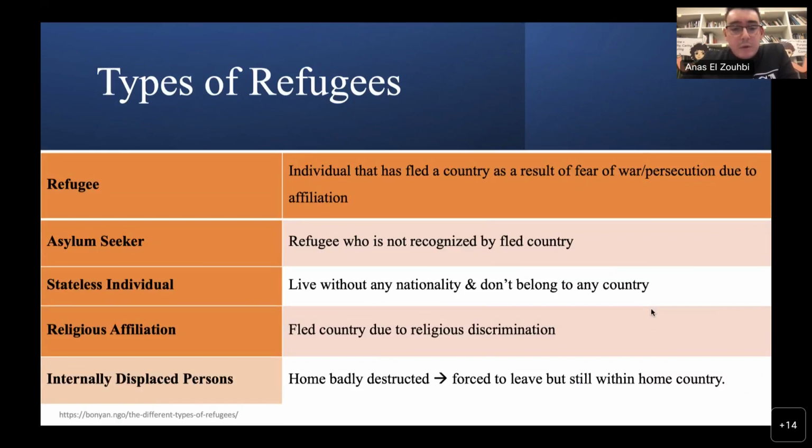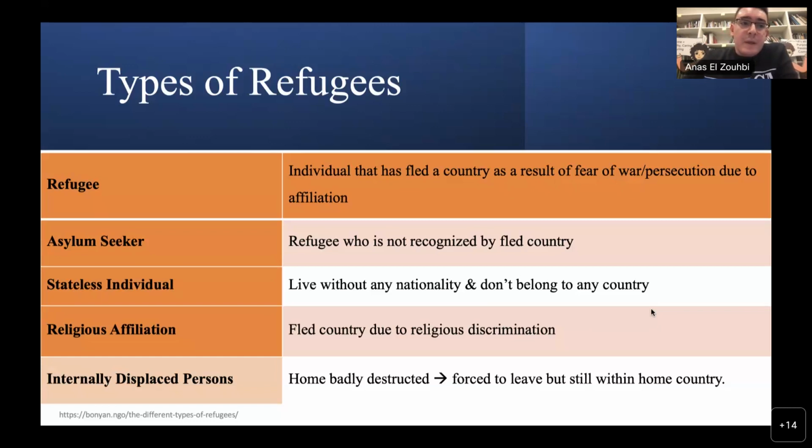And there are also other definitions like religious affiliation or political affiliation. Those are individuals that have fled the country because of religious discrimination, or in the case of political affiliation, political discrimination. So, as we said, the idea of migration beyond international borders is an important distinction to separate it from those that have been internally displaced. Internally displaced persons are people who have had their homes badly destroyed, however, they remain within their